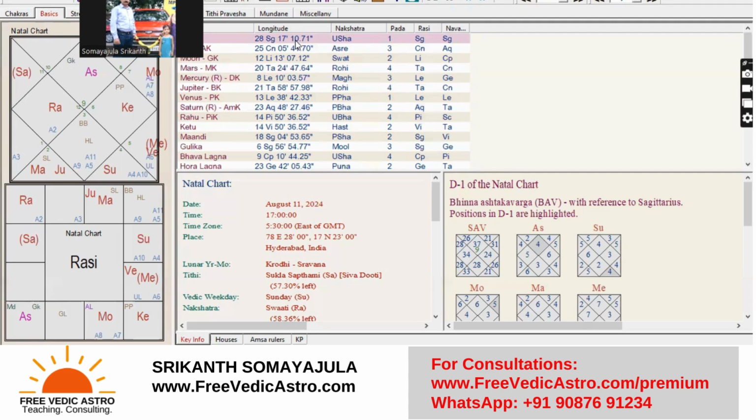We first will define the theme of the life of the person. So how do we define the theme of the life of the person? We look at the lagna cusp. This is the lagna cusp. One is that, and then we'll see which lagna it is. So the lagna is Sagittarius. The lord of Sagittarius is Jupiter. So you have Jupiter in Rohini, Lagna Cusp is in Uttarashadha, and then we get to see the